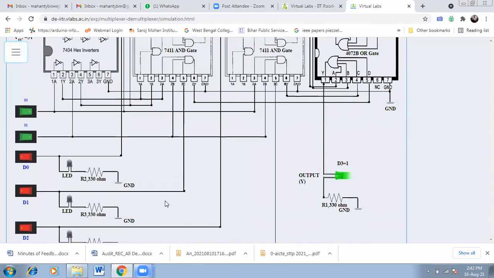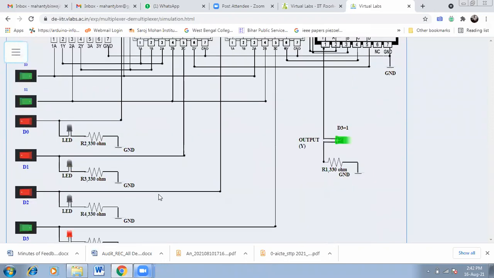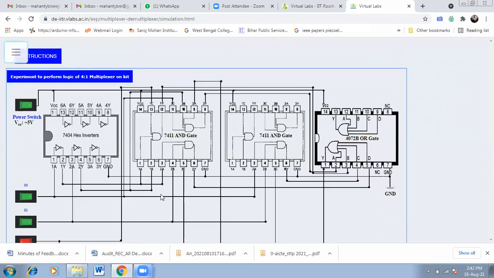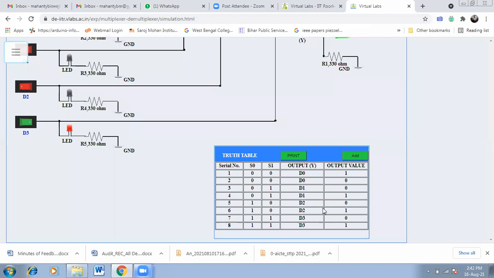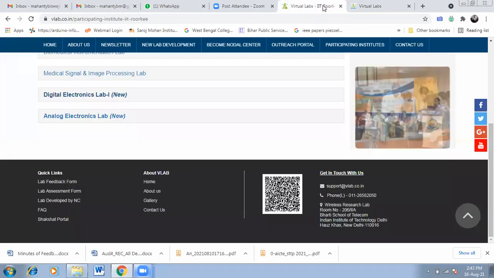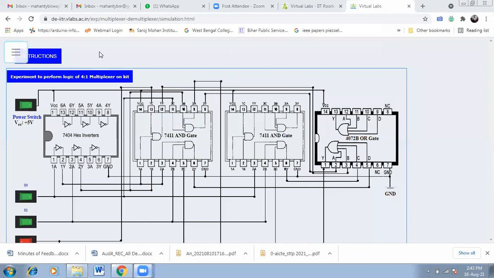So this is your 4x1 multiplexer. If you have any doubt regarding the operation of this 4x1 multiplexer kit, you can ask me the question. So this is your final truth table, and I explained all the possible input output combinations. Otherwise, I may go for some other techniques, that is the demultiplexer. That was the multiplexer. Now we'll move on to the demultiplexer.